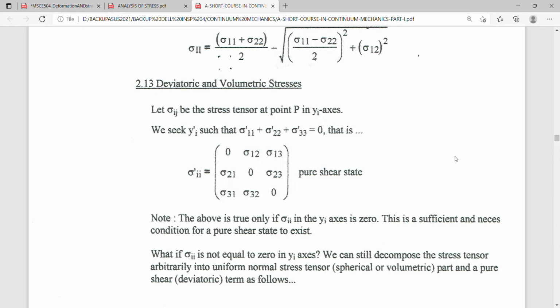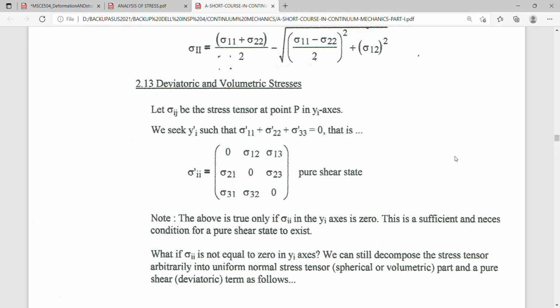So we are now targeting what you call a pure shear state condition. So this is very useful in getting the maximum shear stress that is available in terms of the principal